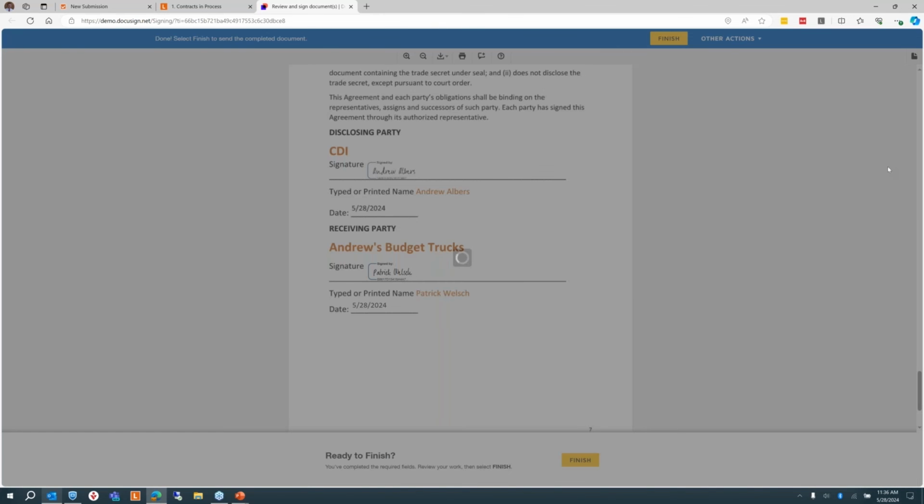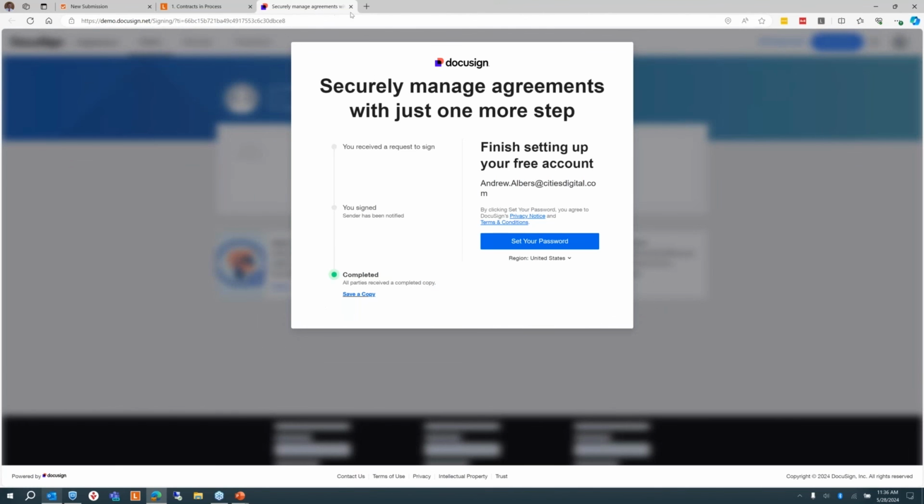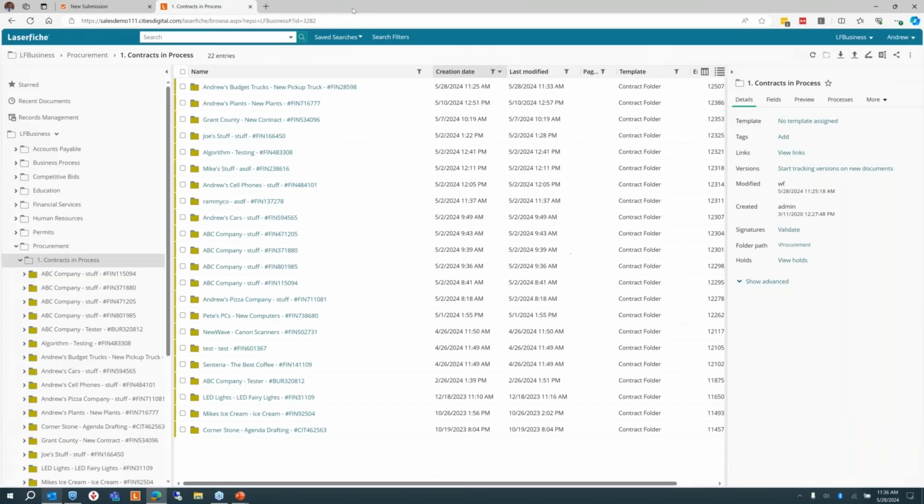And there we go. So now the DocuSign integration is again working with Laserfiche. There's a DocuSign listener, and Laserfiche is requesting these documents be sent back into the Laserfiche document repository, right, with the signatures in there. So that's what's happening behind the scenes. These documents are now signed, and they are coming back into Laserfiche, and they are getting put into the correct folder. So if I go into our Laserfiche repository,